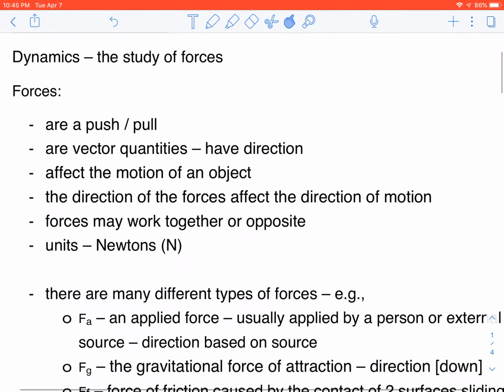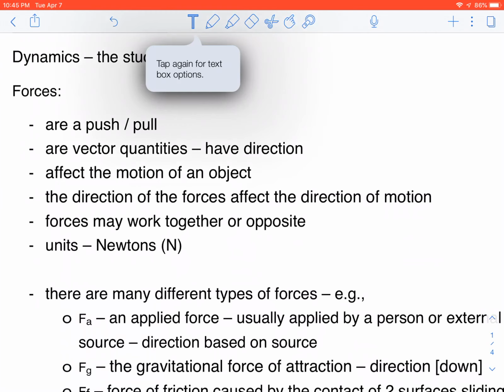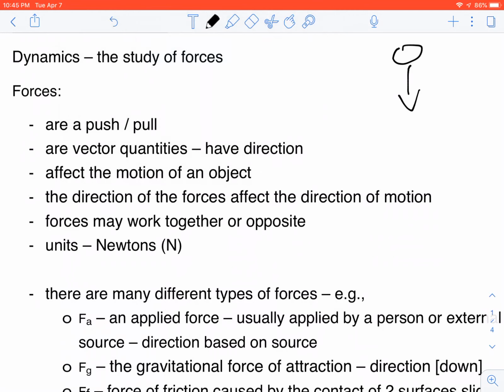Now, when we talk about forces, forces themselves are vector quantities. In other words, they will have a direction. The direction indicates which way, if there's only one force acting on an object, the object is going to accelerate. We know that if I hold an object straight out and I let it go, it will accelerate downward at a rate of 9.8 meters per second squared. The reason for that is because the direction of the force is towards the center of the planet. We know the magnitude of the force is causing it to accelerate at 9.8 meters per second squared, but we